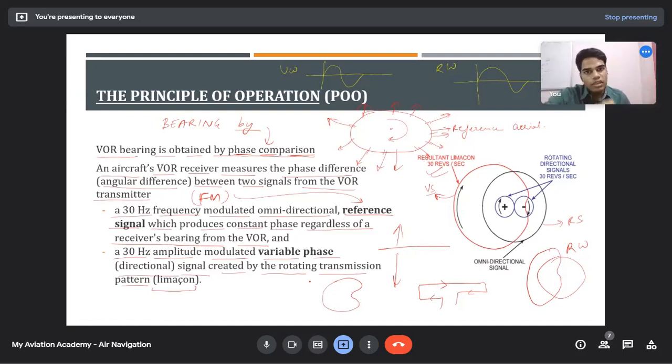And this is what is important here. In the previous one, what was the shape? Cardioid. In this, what is the shape? Limacon. Okay, we'll discuss briefly what the difference between these two is. For now, you just need to keep in mind that this is the shape which is formed. And you can see that this is rotating as well.